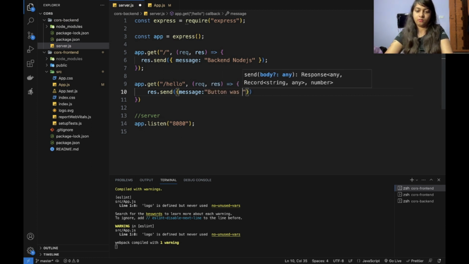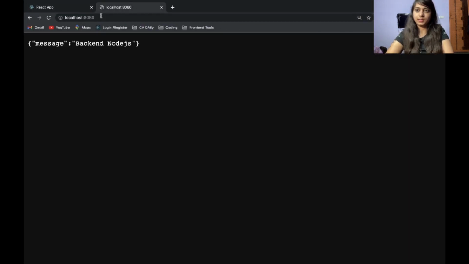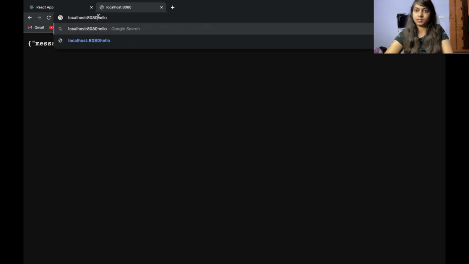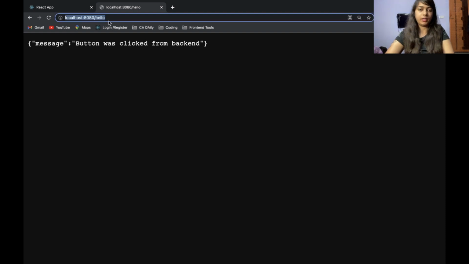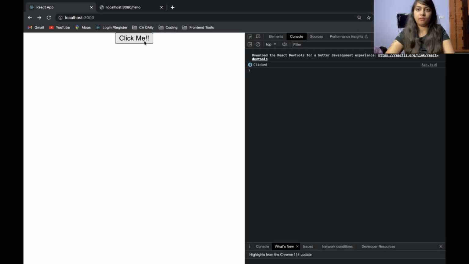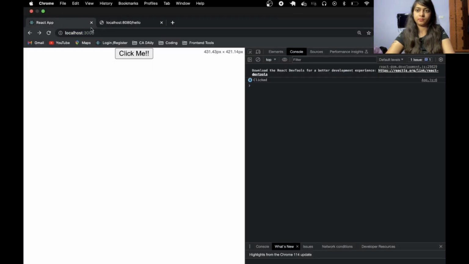Button was clicked from backend. Okay, let me just check whether this API is working or not. So this is 8080 port number. I will just give /hello and it will tell us whether it is working or not. So from 8080 it is working, but what we want, when we click this button, this message should come here